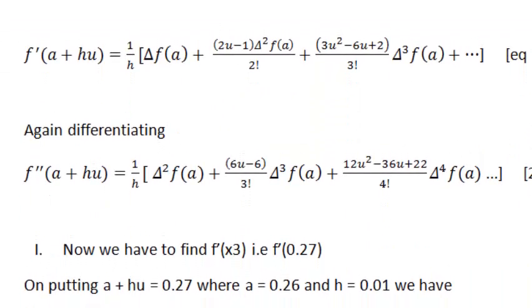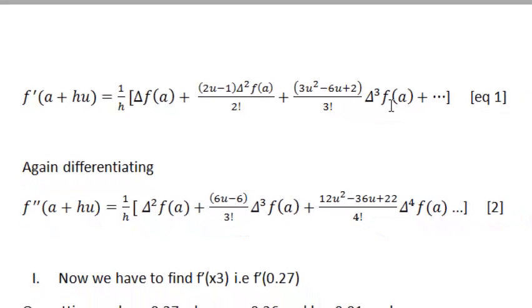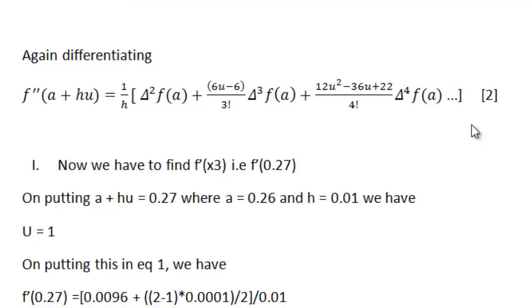We first differentiate the above formula to get f dash a plus hu is equal to 1 by h delta fa plus 2u minus 1 delta square fa by factorial 2 and so on. We call this equation 1. Then again by differentiating it we get f double dash a plus hu is equal to 1 by h square delta square fa plus 6u minus 6 by factorial 3 delta cube fa and so on, and